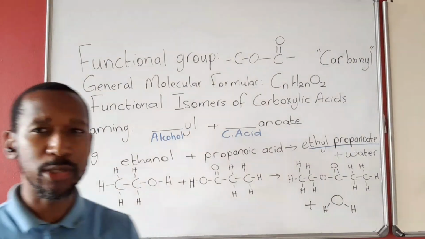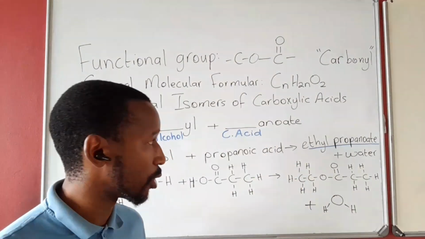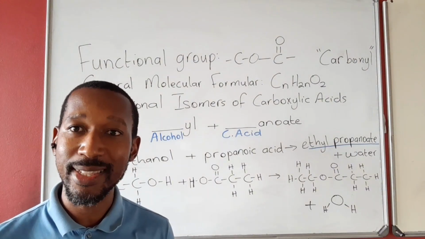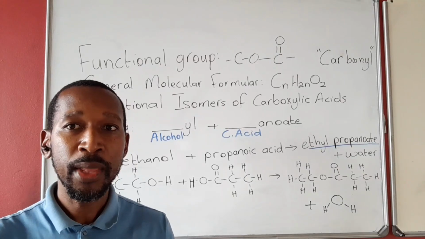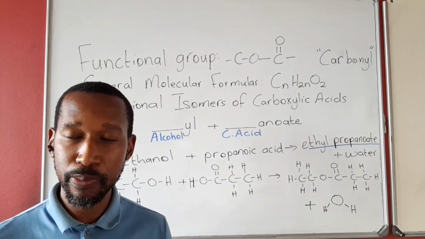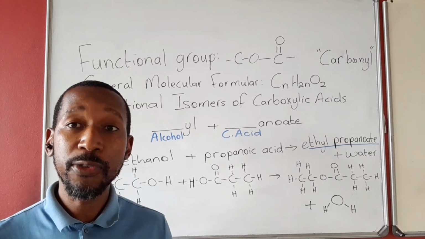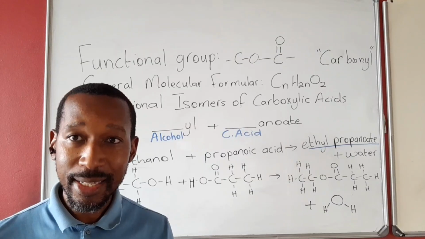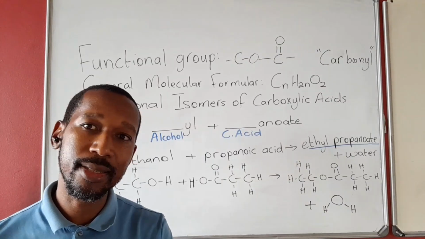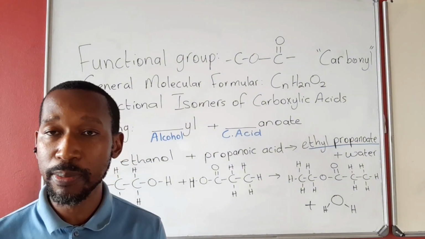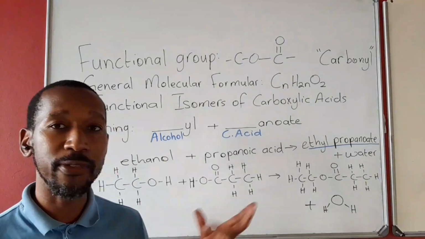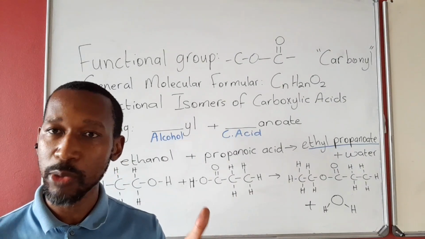It's quite easy to do balancing in this section of organic chemistry. There are not many challenges there. So that's what we have for esters. Remember, esterification is the production of esters from alcohols and carboxylic acids. The catalyst used is concentrated sulfuric acid in order to speed up the reaction and ensure it occurs properly. And we also have the products formed. One is organic, which is the ester, with